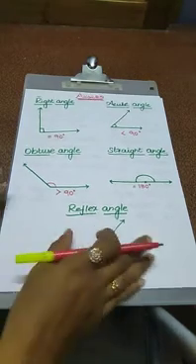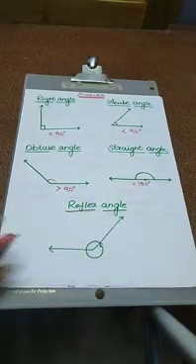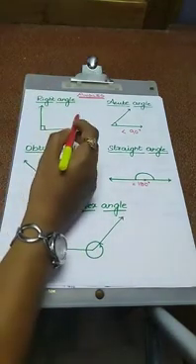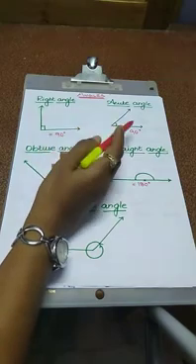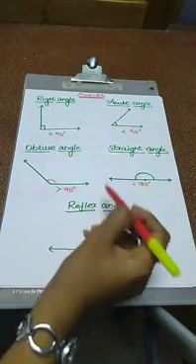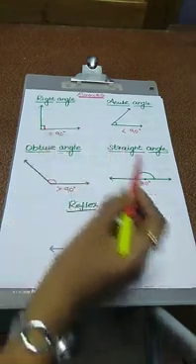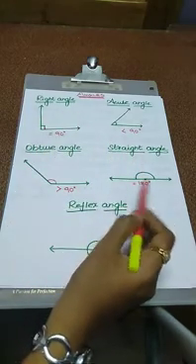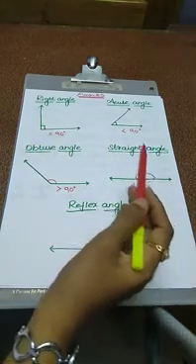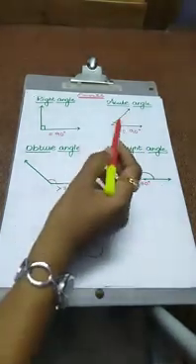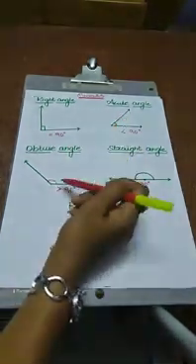Now I am going to explain briefly about the right angle. The measure of a right angle is 90 degrees, and hence that of a straight angle is 180 degrees. So exactly 90 degrees is a right angle. Exactly 180 degrees is a straight angle. Then there are angles less than 90 degrees and greater than 90 degrees.